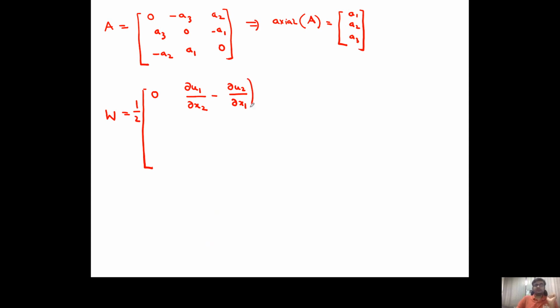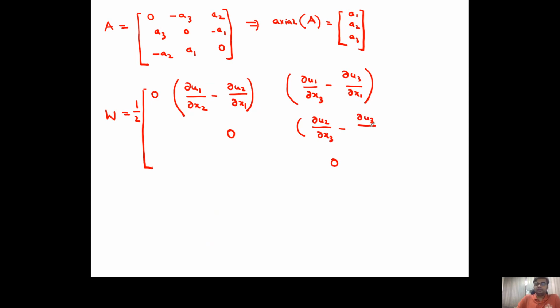The third term is del U1 by del X3 minus del U3 by del X1. This diagonal is 0, this diagonal is 0, and this one finally is del U2 by del X3 minus del U3 by del X2. This is how the matrix looks until now, and now for the skew symmetric part, it will be